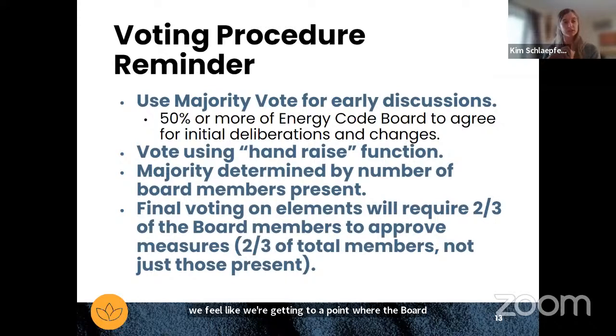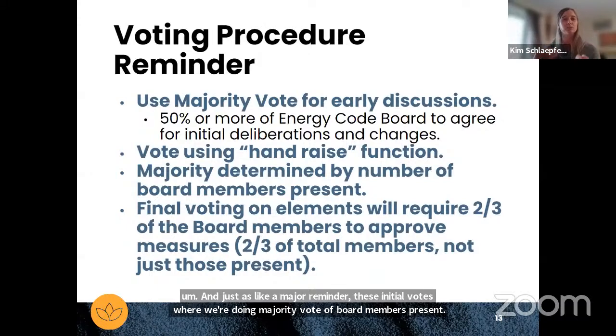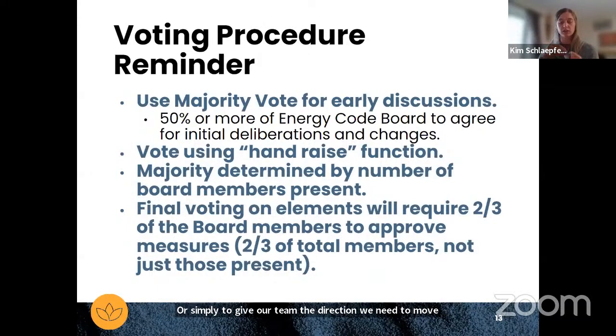We'll vote using the hand raise function. If you have any troubles with that, votes are welcome to come in through chat or verbally, but just to help keep things streamlined, we'll try to use the hand raise function. And just as a major reminder, these initial votes, where we're doing a majority vote of board members present, are simply to give our team the direction we need to move forward with the code drafting of these different elements.